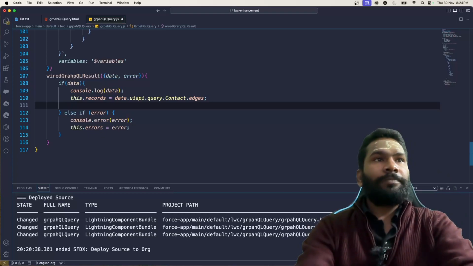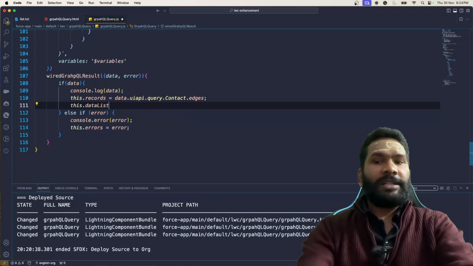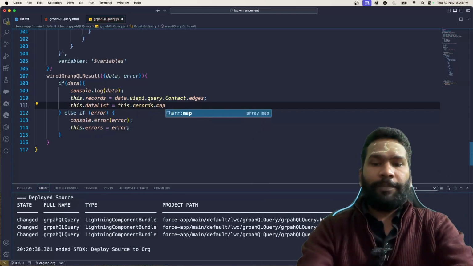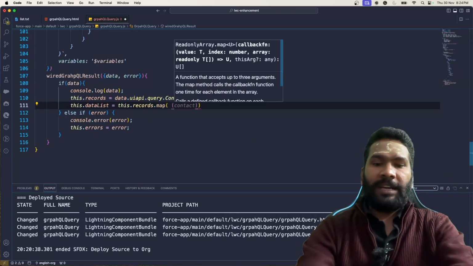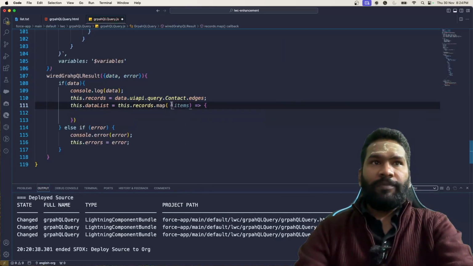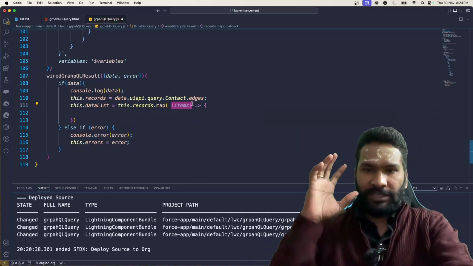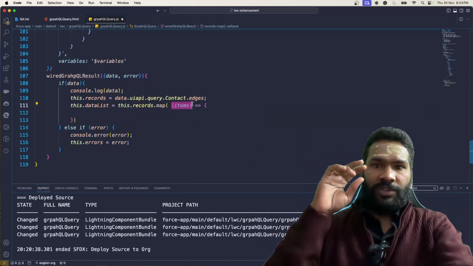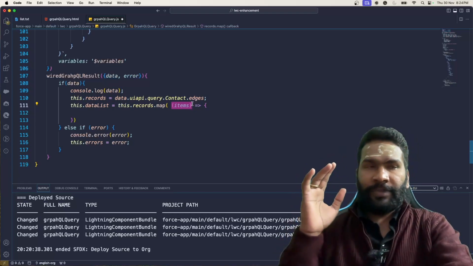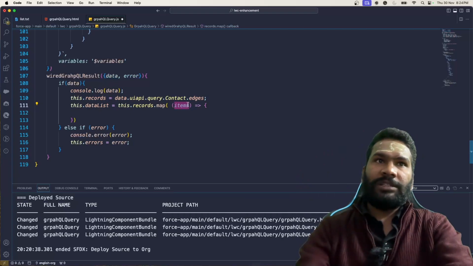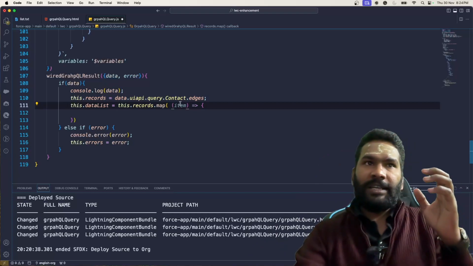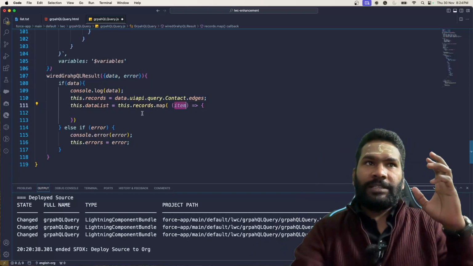So we are going to say this.dataList equal to this.records.map, and map actually takes a callback function as an input parameter, which takes three things: index, item, original array. But we are only going to take one, that is item, and that is going to be sufficient. And this item is basically going to give us